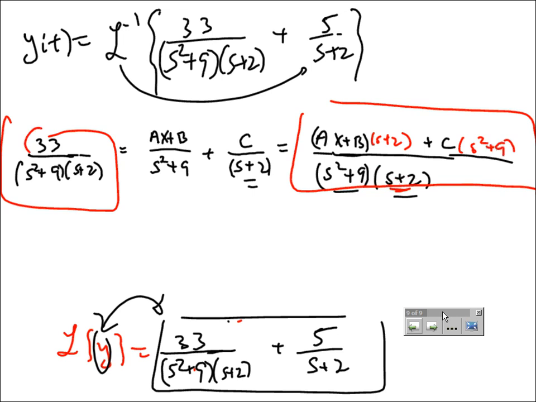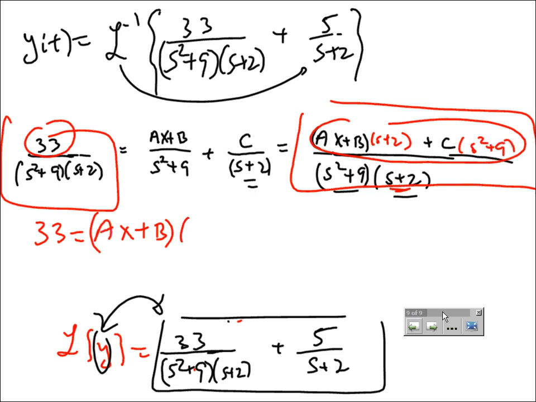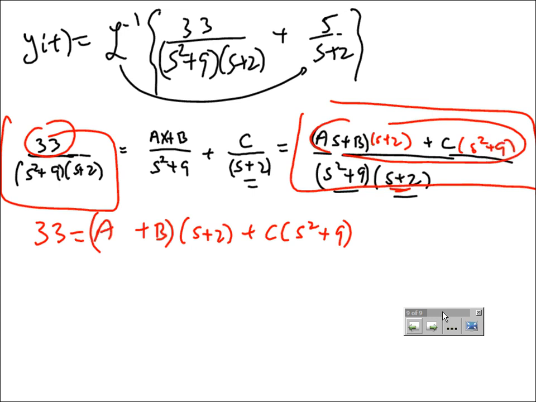That just tells me that the numerators are equal. That is, 33 is equal to (as plus b), I'm going to make one change, times (s plus 2), plus c times (s squared plus 9). In this problem, the variable was not x, but rather the letter s. Okay, so I have that 33 is